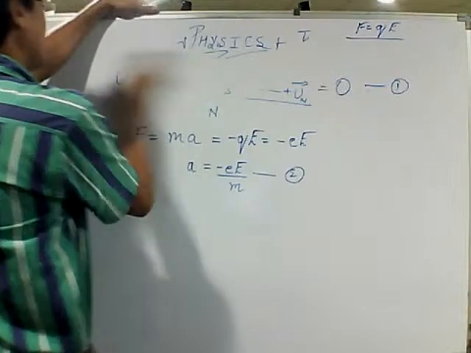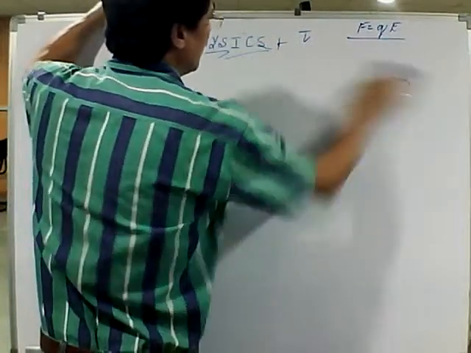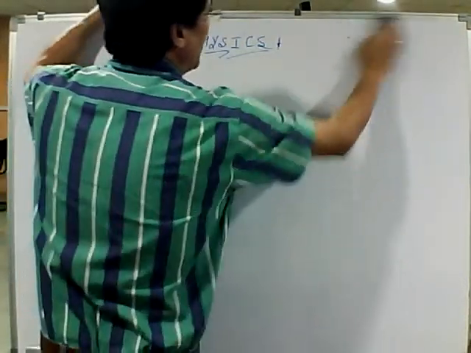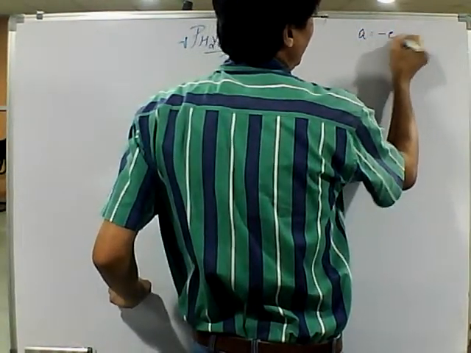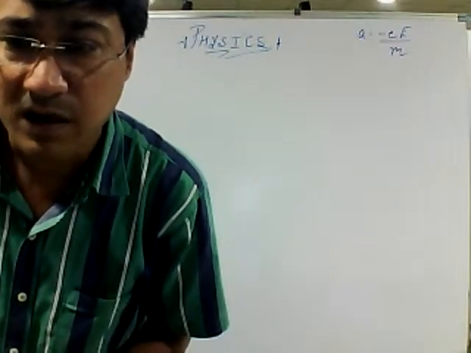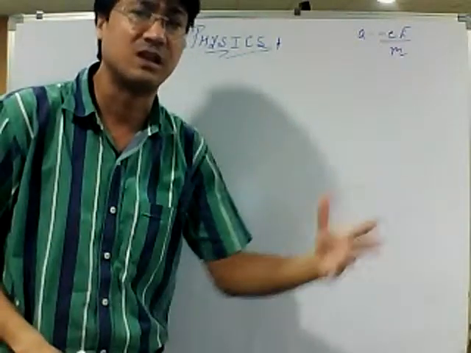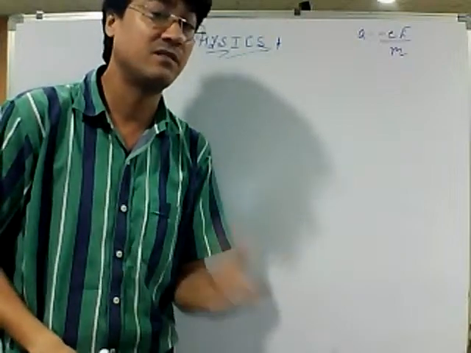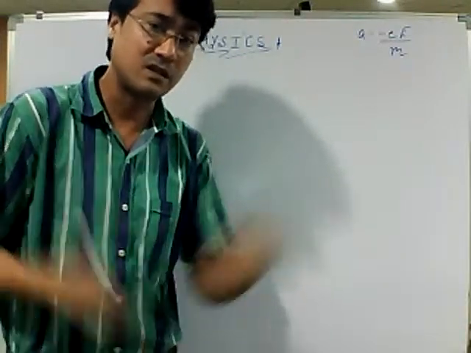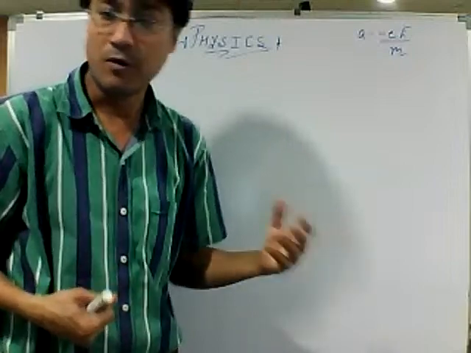Now let us consider the movement of the charged particles. When the cell is applied, we got the expression for electric field. I'm writing it over here for further reference. Now, if the electron is accelerating continuously, will it reach...? Beta, it is not accelerating continuously. It is again and again colliding. If you remember, when I was teaching you resistance, I told you resistance is nothing but the collision between the particles.